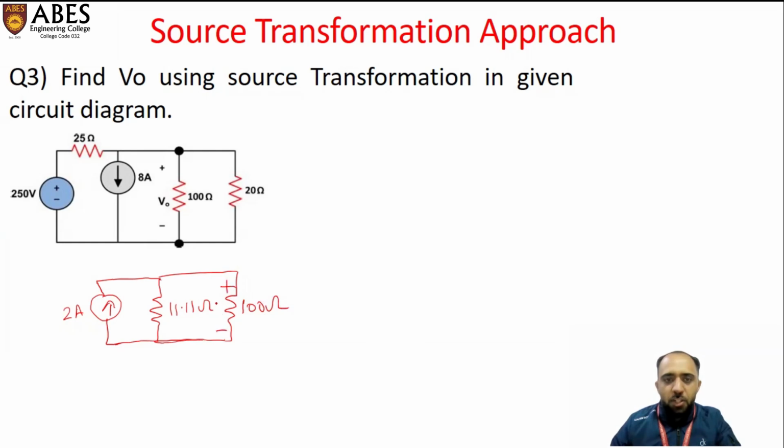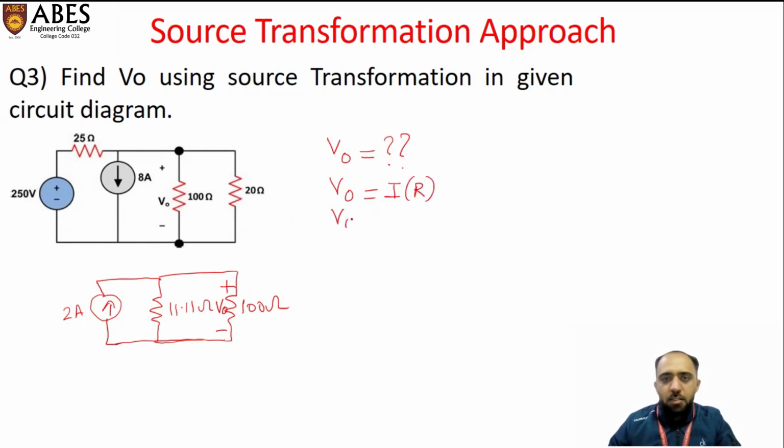This is plus minus V0. So now this is a simple circuit and we can apply the current divider rule. First of all, I'm writing how we would like to approach V0. We need to find out the V0. V0 will be I into R,